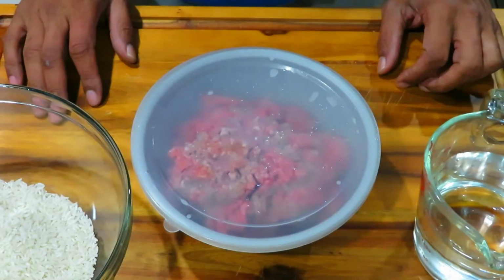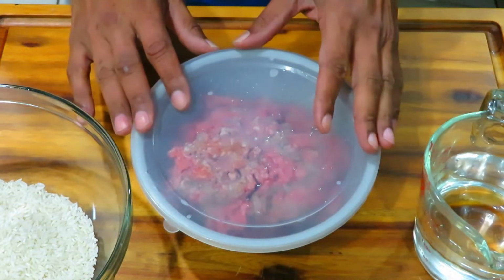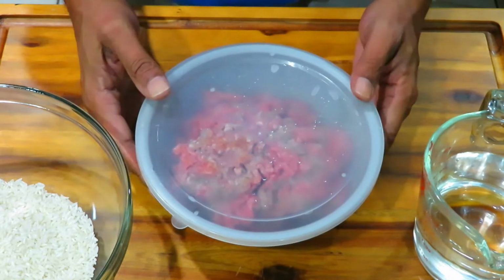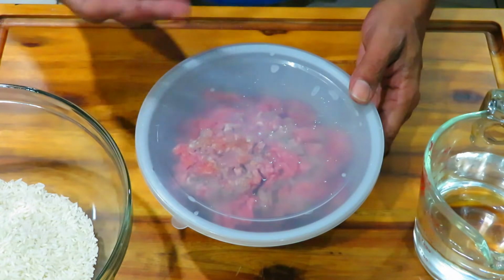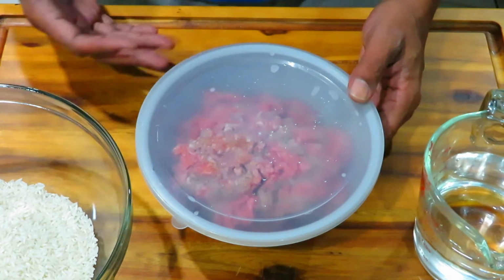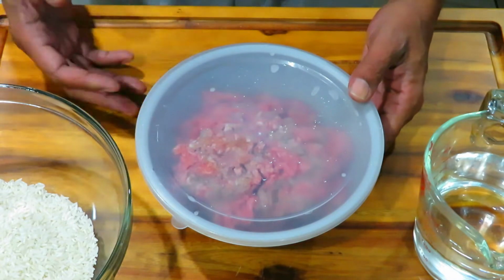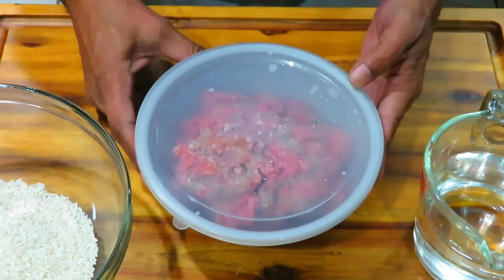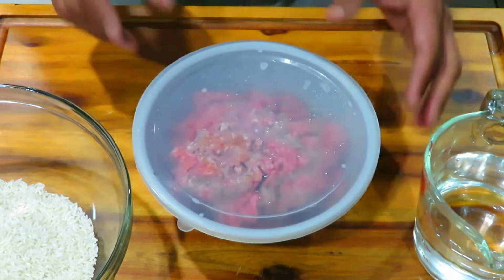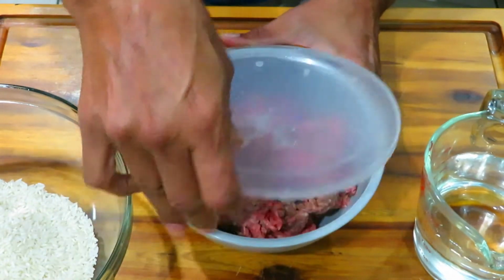Alright, so today I'm going to try something a little bit different. I have some leftover hamburger and I wanted to try something new. You know, I've already used it for tacos, spaghetti, hamburgers, meatloaf, and all kinds of stuff. So I want to switch my cooking game up just a little bit, so I'm going to try something different. And what I'm going to do with this leftover hamburger